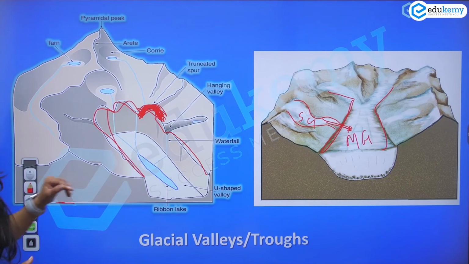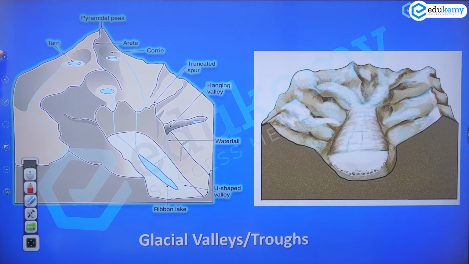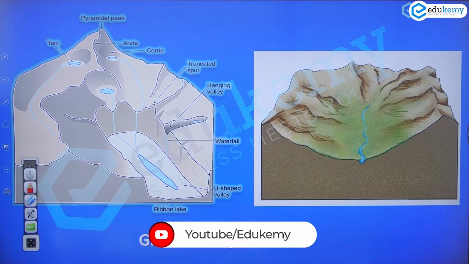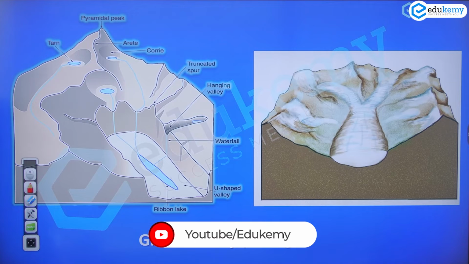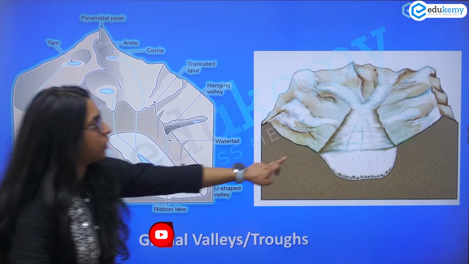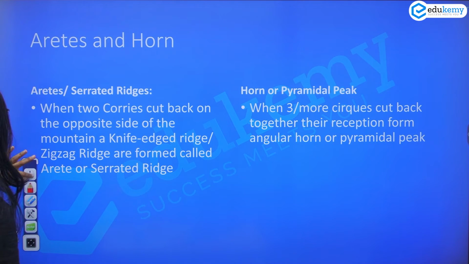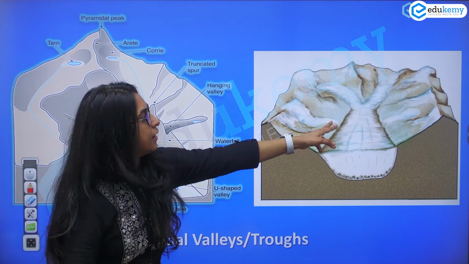Now again the GIF, you can see how it is eroding. This glacier, how it is eroding. And once again, this is the main landscape. There is ice, there is more erosion of the valley. This is forming a U-shaped valley and it is forming a truncated spur. U-shaped valley and a truncated spur.